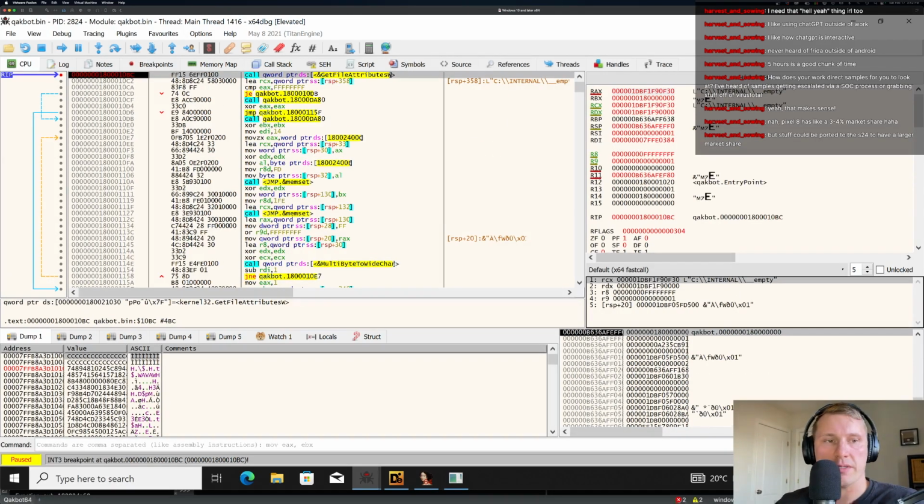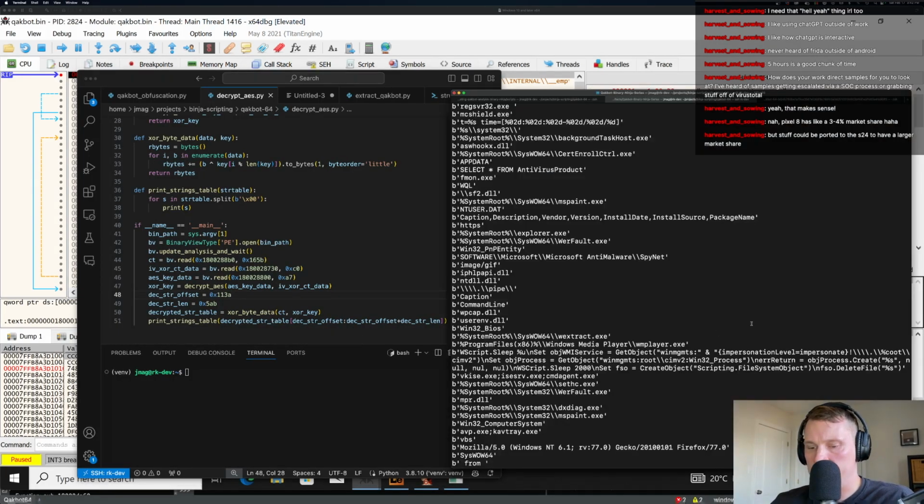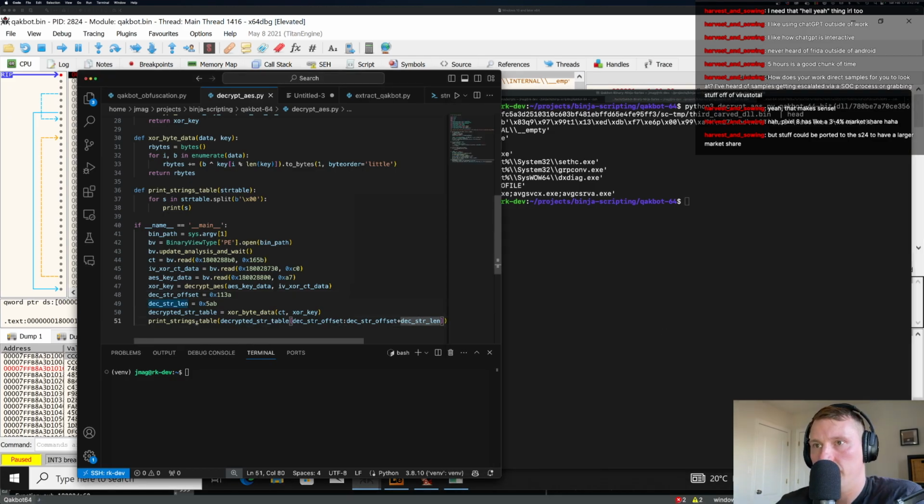Internal empty. Okay, so we did have the right offset, we just didn't have the right length. So this is right. So we could basically just go up to the first null byte, right? Like we could just say,